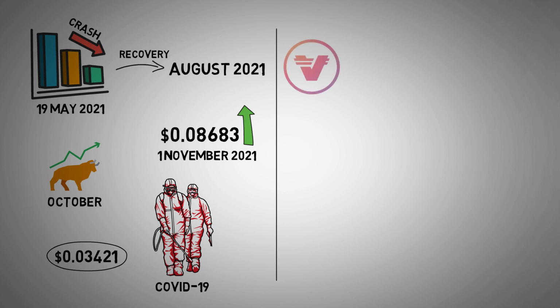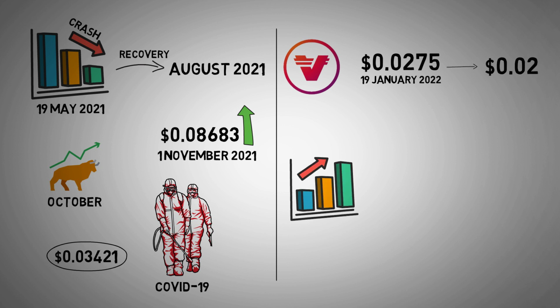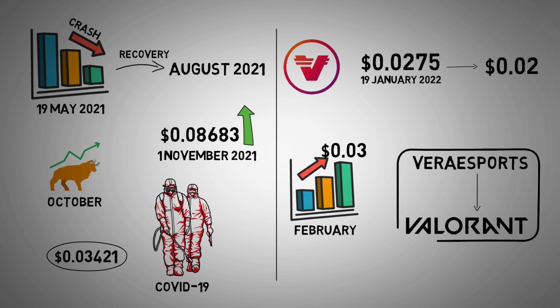VRA was still unable to break free of a gloomy market, and the slump continued, with Veracity being worth about $0.0275 on 19 January 2022. By the end of the month, it was down to just over $0.02. February saw a rally above $0.03, with the coin potentially boosted by the news that its Verasity platform was to serve as the official esports partner and exclusive content platform for online shooter Valorant for its Champions Tour Asia-Pacific Challengers